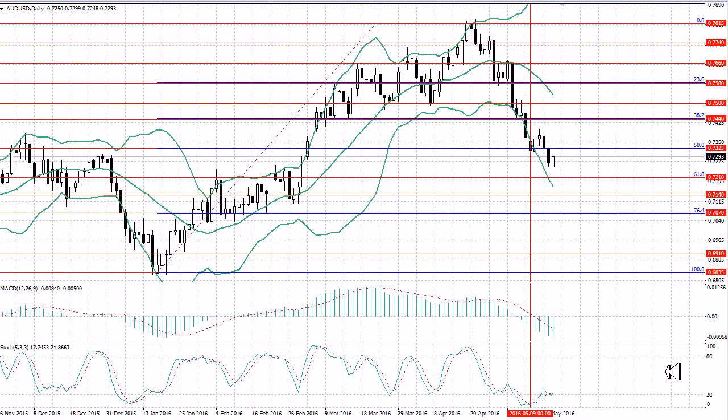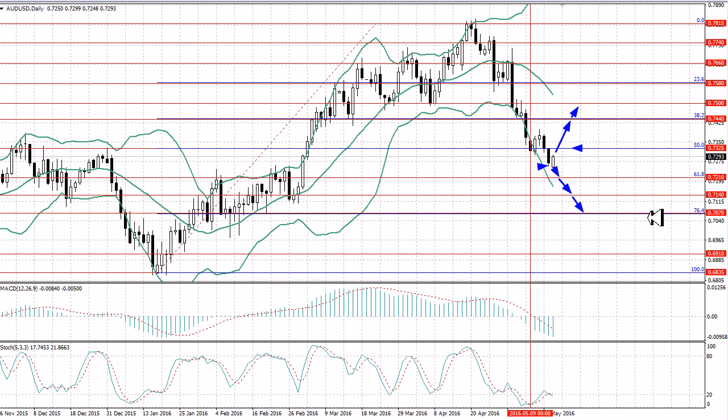Last week, the Australian dollar-US dollar pair fell to the level of 0.7253. At present, it is trying to correct, but further growth could only be possible after a breakout of the level of 0.7325. In this case, it could grow towards 0.7440 and 0.75. More likely is a fall towards the levels of 0.7210, 0.7140 and 0.7070.